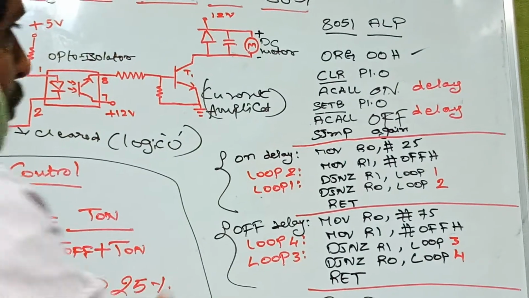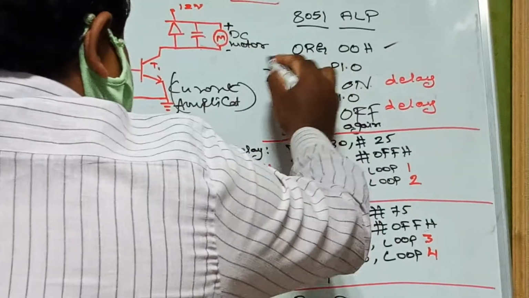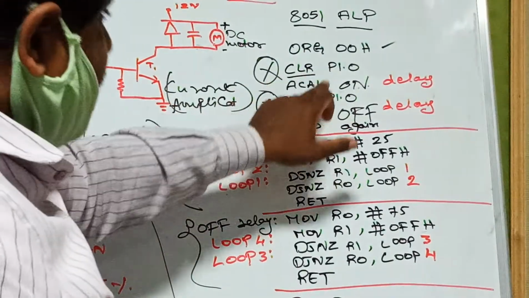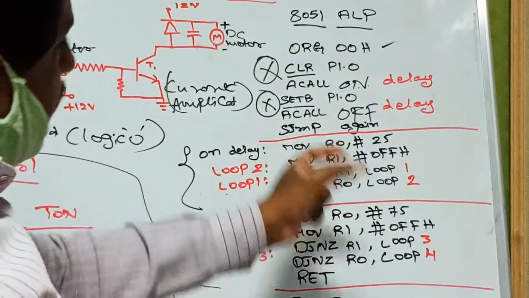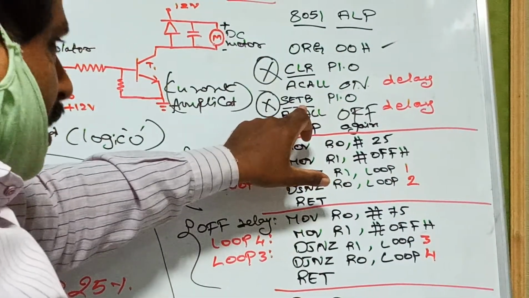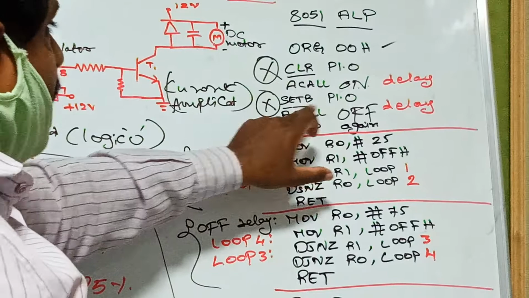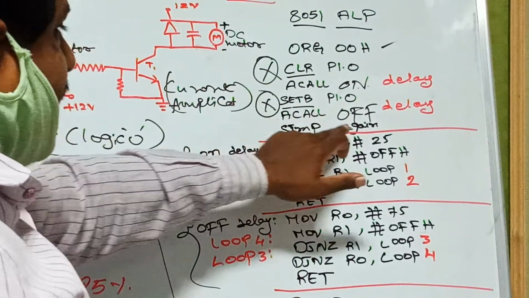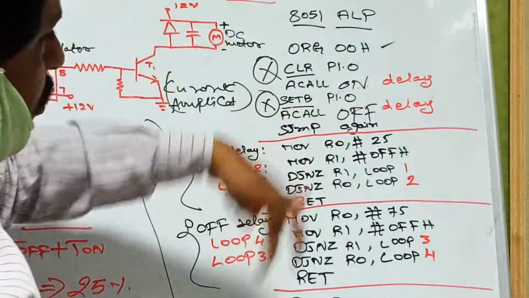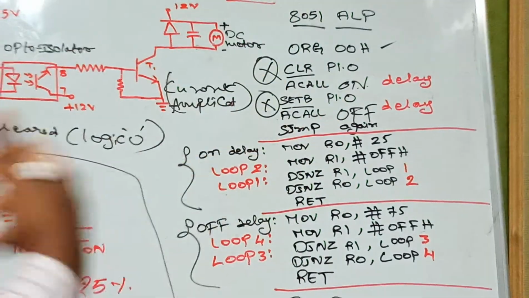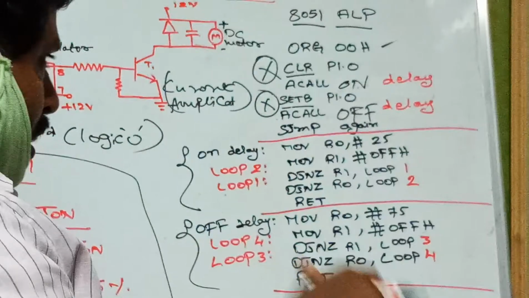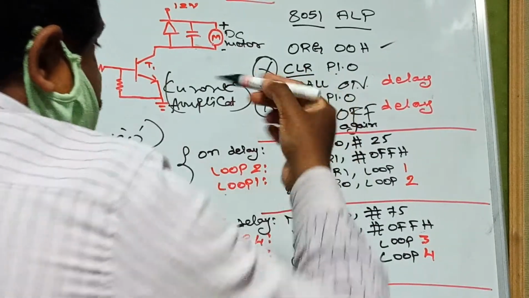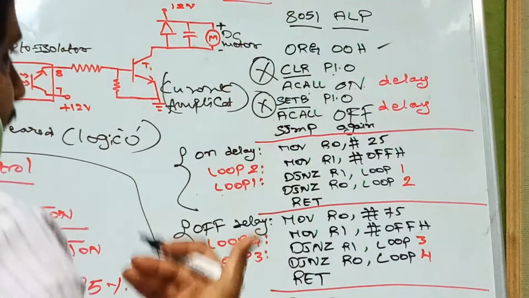Now, alternately, these two instructions are going to operate. Once it is cleared, then call delay for a few milliseconds. Then automatically it will go for on. SETB means to turn on P1.0. Then call delay. Then automatically it jumps again. Again means it is going to rotate continuously in alternate form, on and off. So next, CLR P1.0, call delay means if you want to call the delay, go to the delay program.